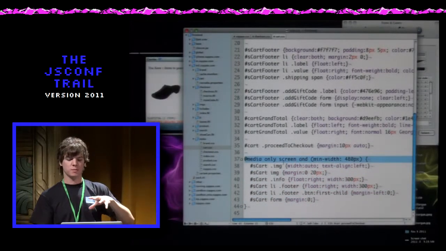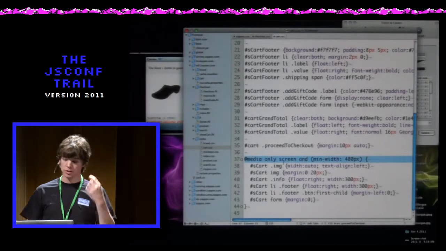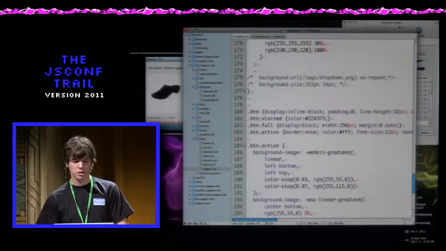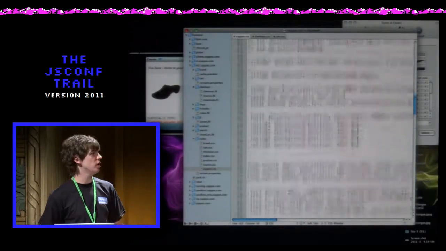So yeah, this block runs only when it's that size. I think that's really cool. Some other neat things, if you're ever working on mobile web stuff,